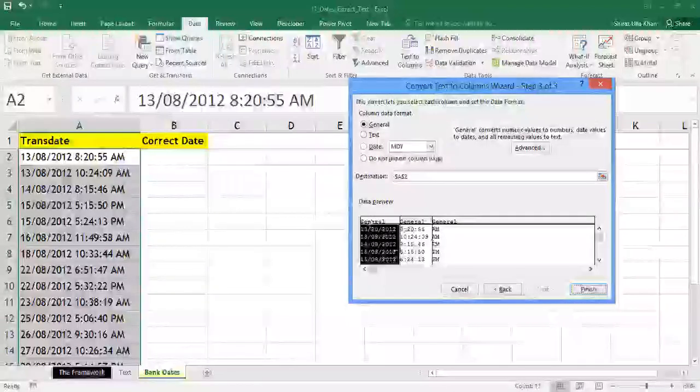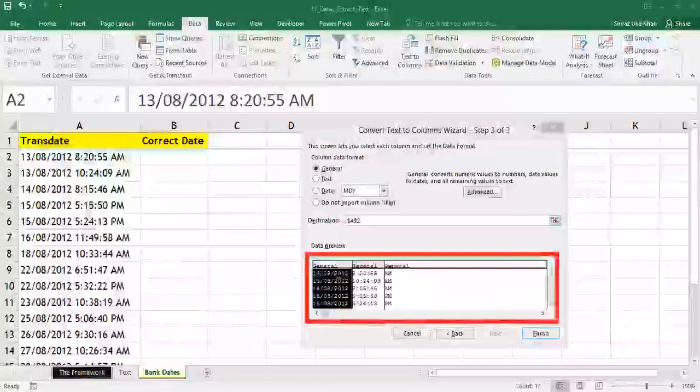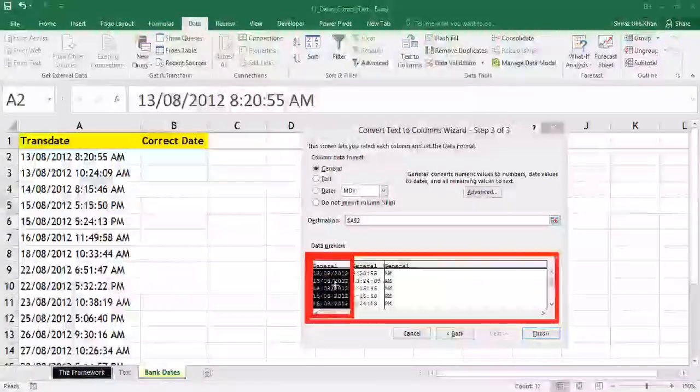Now people, if you see in the data preview, let me show you here by annotating. If you see here in the data preview, the first column is highlighted. So let's say we want this first column to be imported. So we will keep it, by default it is highlighted, so we'll keep it as it is. But the second column and the third column, these 2 columns we don't want to import. So now we'll tell you what we need to do.